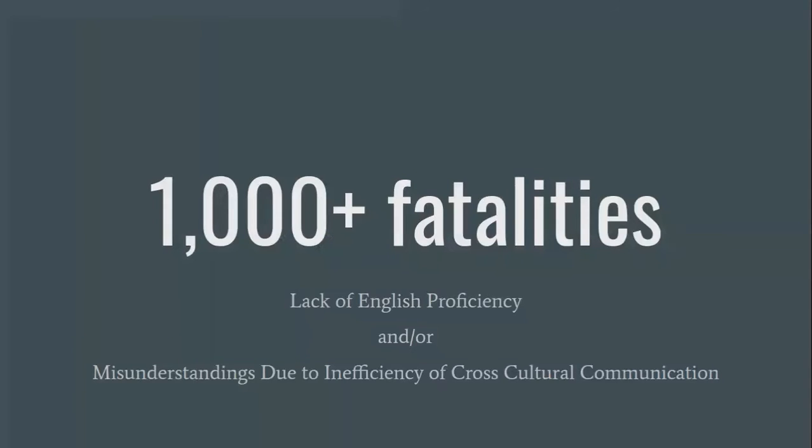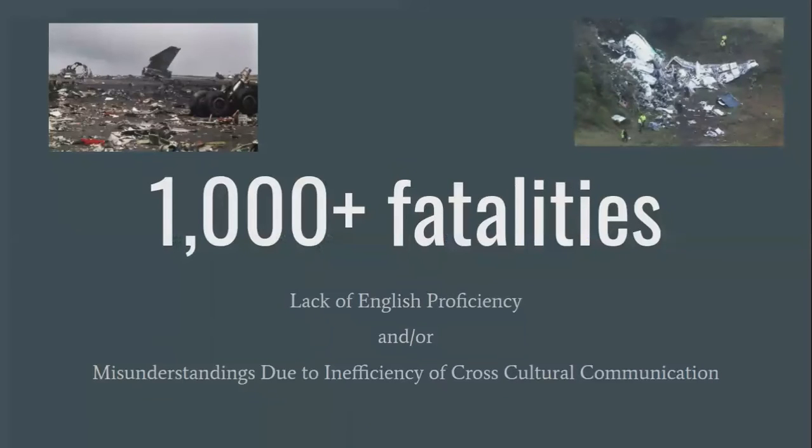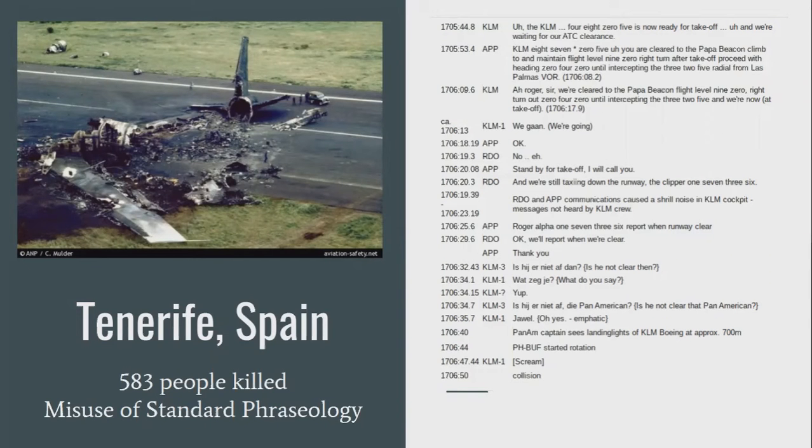Unfortunately, this is not the only occurrence of language being an issue in aviation accidents. Over 1,000 fatalities have been attributed to the lack of English proficiency or misunderstandings due to inefficiency of cross-cultural communication. Even the deadliest aviation accident can be attributed in part to language. Although many factors played a role in the Tenerife, Spain accident of 1977, one of those contributing factors was the misuse of standard phraseology, and specifically the misuse of a preposition, which is one of the hardest aspects to learn